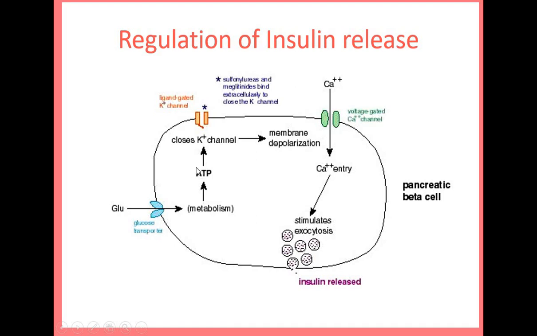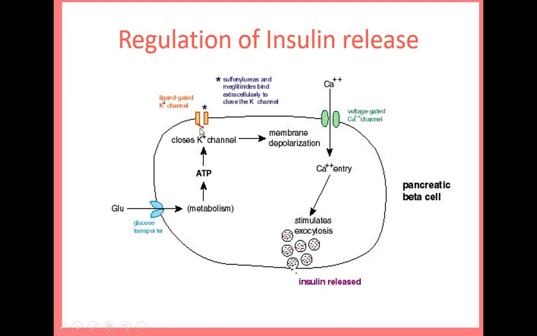So this ratio of ATP to ADP is very important. You know that ATP is an energy currency, but once the ATP level is increased, it is sensed by a very important structure called a potassium channel. This is a ligand gated potassium channel, meaning that once a ligand is bound, it will open and close. Here the closing mechanism is governed by the level of ATP. If ATP levels are higher, this potassium channel gets closed.